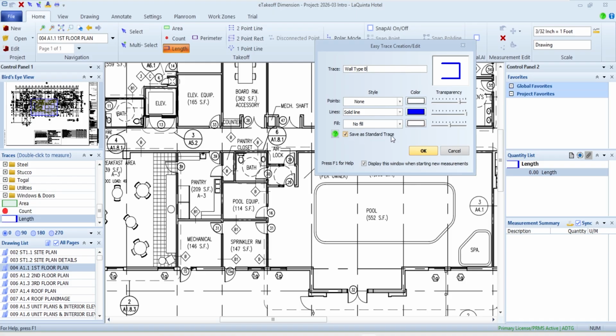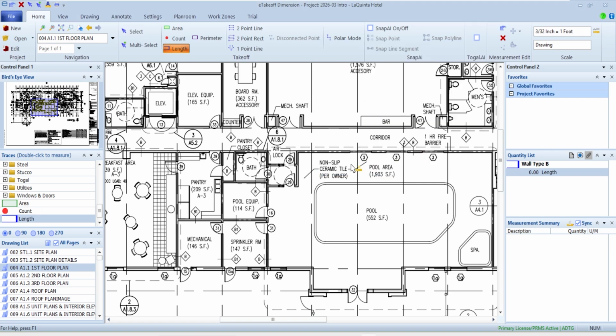We haven't talked about standard traces yet. That's basically what this list is over here. It's something that I would do frequently. So if this is something that, hey, we have type 1 walls on a lot of projects, I could save it as a standard trace. That way it would be over in this window that I could just pick it and start doing measurements. In this case here, I'm going to not save it as a standard. So I could just continue on.